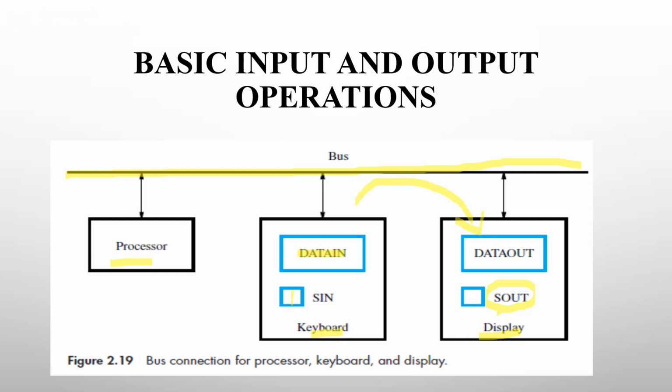The buffer registers data in and data out, and the corresponding status flags SIN and S out, form part of the circuitry known as the device interface. Combined, the buffer registers as well as the flag bits are called the device interface. In the diagram we can perform the read as well as write operation by considering the flag and status registers.